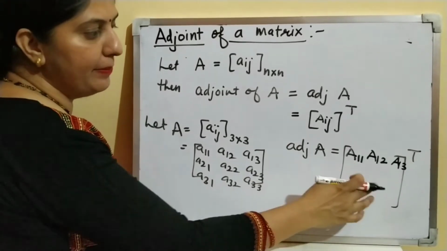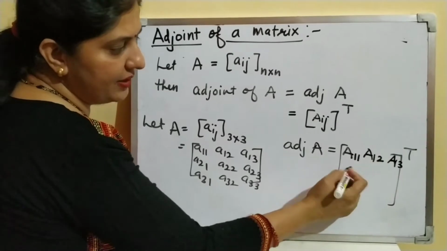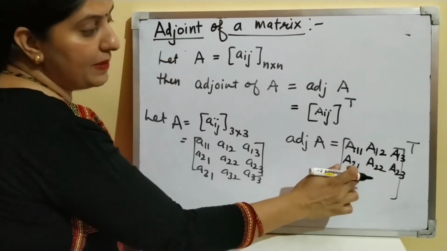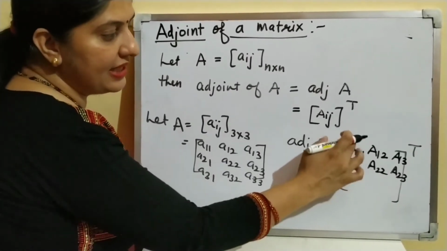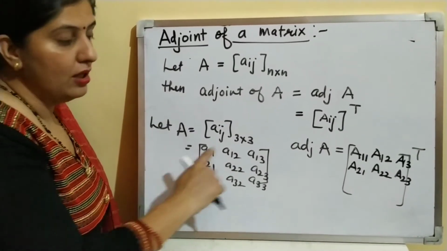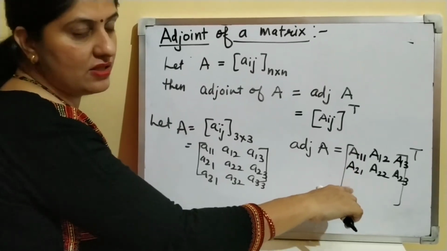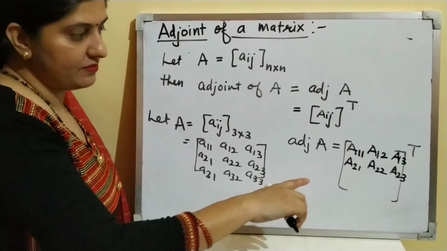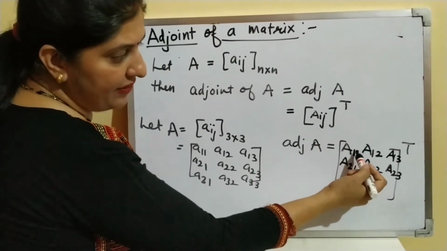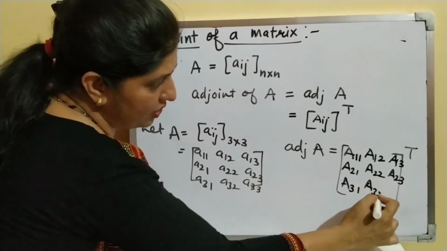So we have to form a new matrix of cofactors with entries A11, A12, A13. In the same way A21, A22, A23. This is the matrix of cofactors, so I am writing capital A here. Generally elements are represented by small a, but since you are making a matrix by using cofactors, I am writing capital A. And generally the representation of a matrix is first row, first column A11, A12, A13 in this way. And the third row is A31, A32, A33.